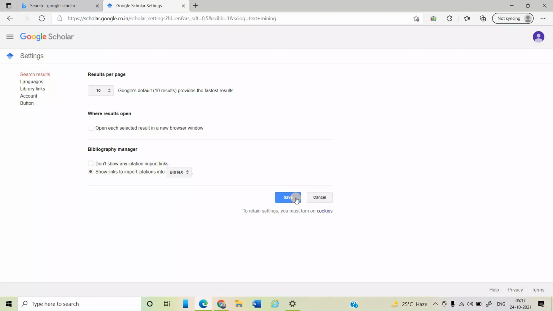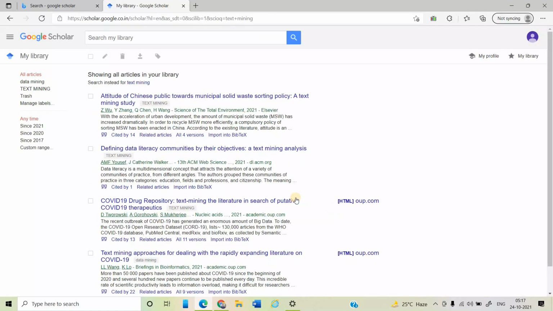Just click on it and save it. Okay. So now next time when you are searching an article, like here are the articles of my library, you will get a link that is this import into BibTeX. So if you click on it, just click on it,